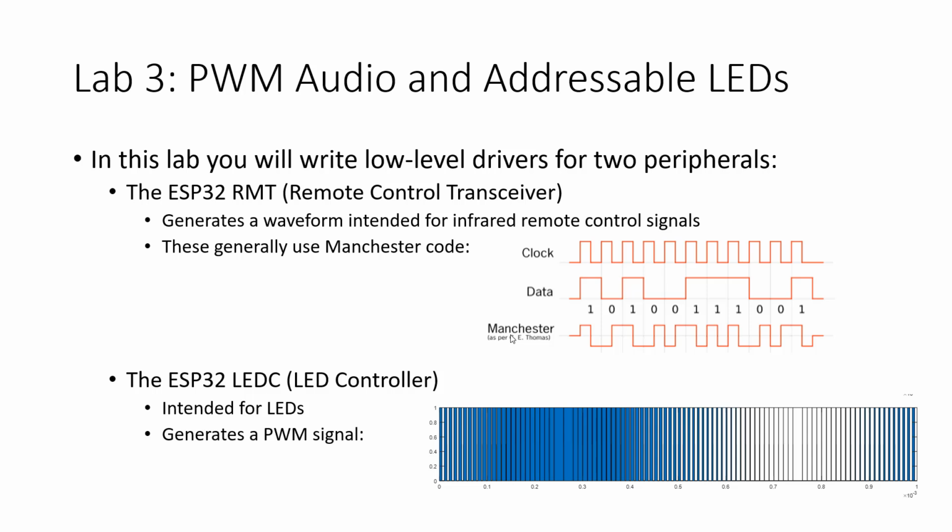So what is the Manchester signal doing exactly here? Well, basically, if you look at the Manchester signal, it's just a period of high and a period of low and a period of high and a period of low, but those periods vary over time, right? So what the RMT peripheral does is it gives you a way to program that by creating an array where you just tell it how long it's high, how long it's low, how long it's high, how long it's low, right? And that's all you're doing. You just fill in that array and then you hit go and then it will generate that